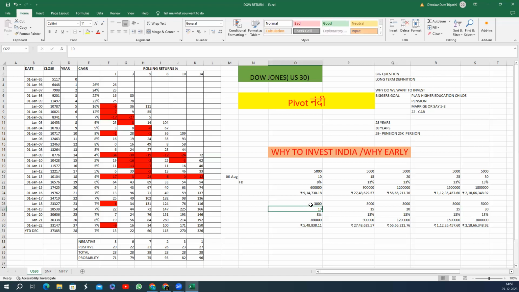So a person who is investing 3,000 rupees for a 10-year period at 8% returns, total amount invested is 3,60,000 and the person is getting 5,48,000. At the same time, if somebody has taken my presentation very seriously, just see how the 10-year difference is coming. For the 10-year period, at 8% return it is 5 lakh 48, but